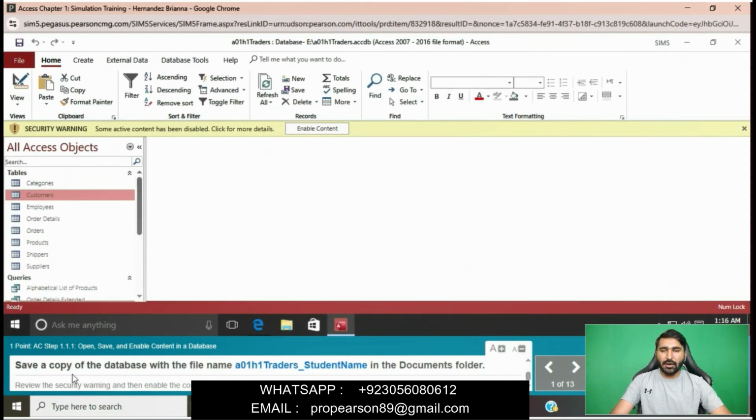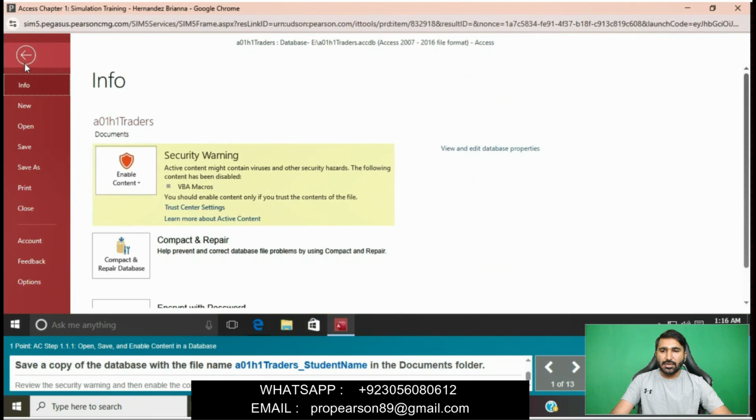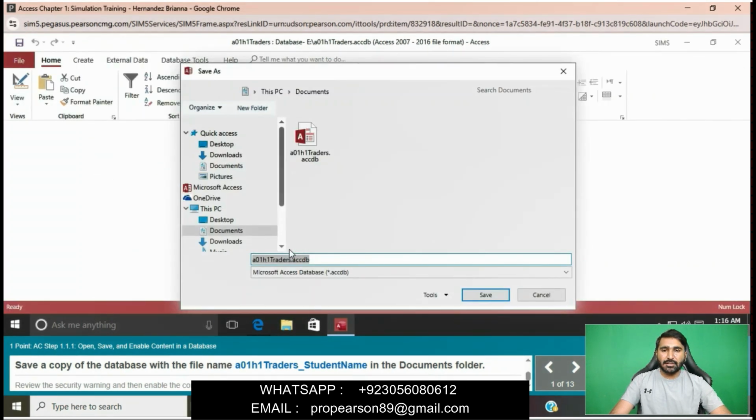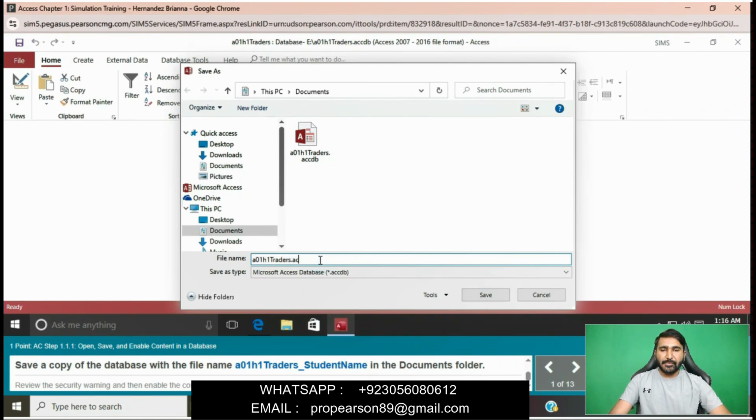Then save a copy of the database with the name A01 Traders student name in the Documents folder.